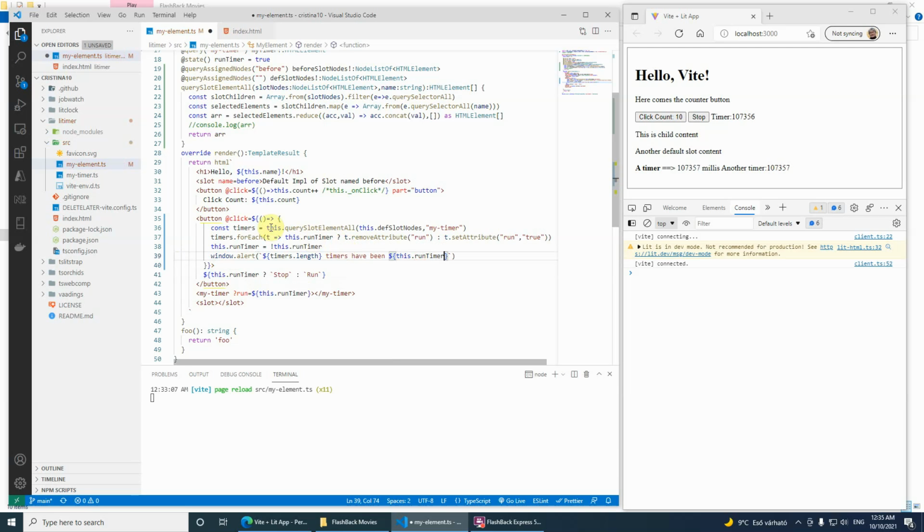Since now we are after this modification, that is the runTimer, if it's run, then started